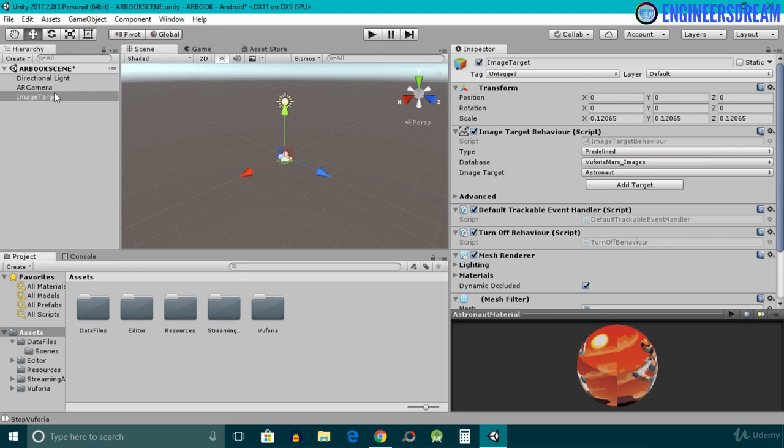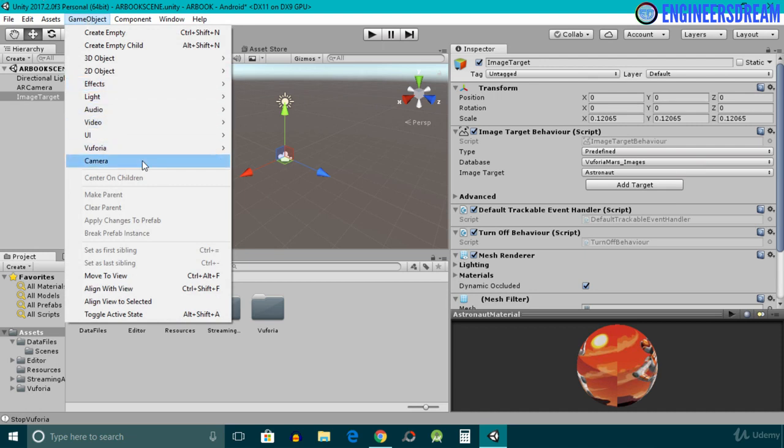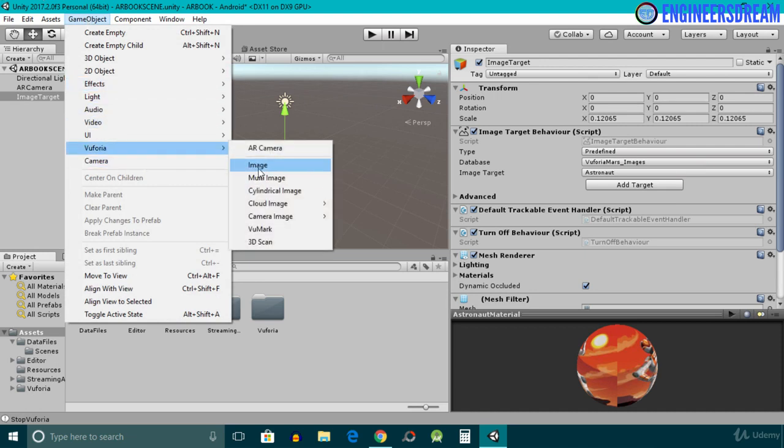So guys, in the remaining videos, when I customize the house, ship, car, forest, aeroplane, and the AR book image target, you will see me dragging the image target prefab from the prefabs folder. But as I mentioned a few minutes back, to add a prefab inside Unity version 2017.2, you have to click on Game Objects, then you have to go in Vuforia, and next you have to select the image option.